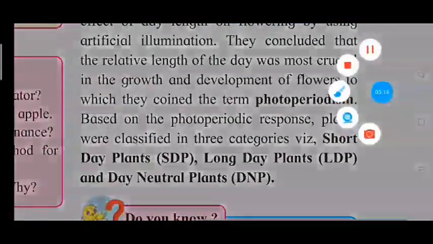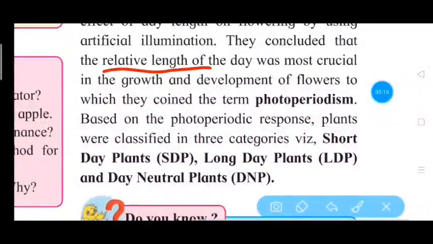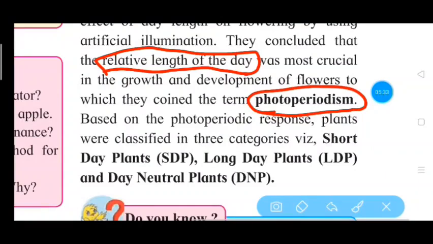They concluded that the relative length of day was most crucial in the growth and development of flower, for which they coined the term photoperiodism. The relative length of day is the most effective factor for growth, because here the plant is exposed to long term